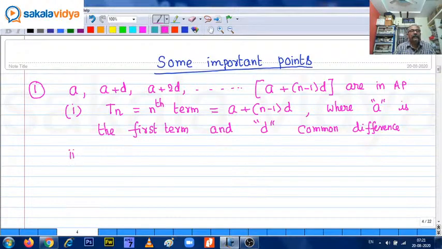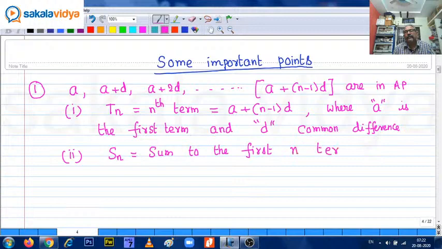Second, sometimes we need to find out Sn. Sn stands for sum to the first n terms. Sum to the first n terms is given by n by 2 times (2a plus (n minus 1) into d). So this can be written as n by 2 into (a plus l) also,